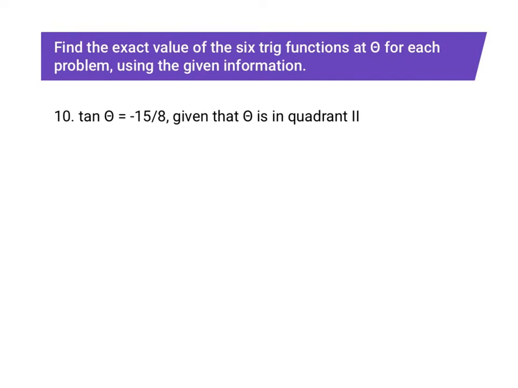In this problem, we want to find the exact value of the 6 trig functions of theta, and we want to do that using the given information. So in number 10, we're given that the angle is in quadrant 2. So what I'm going to do is draw the bow tie triangle that would be in quadrant